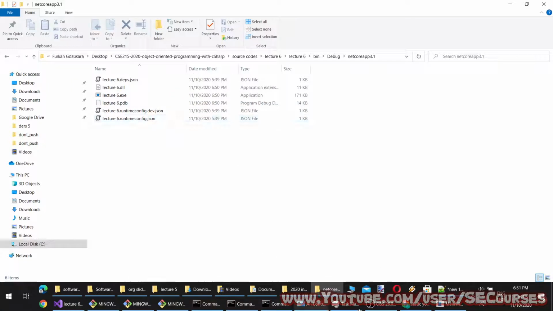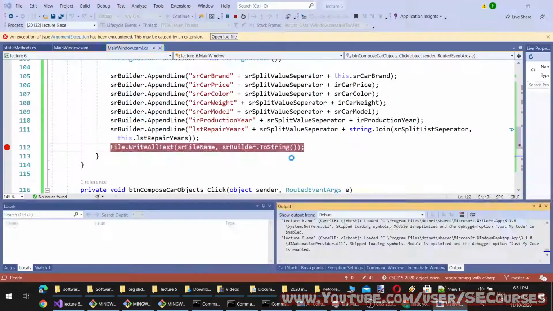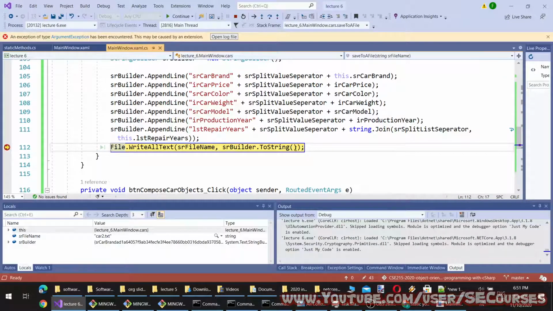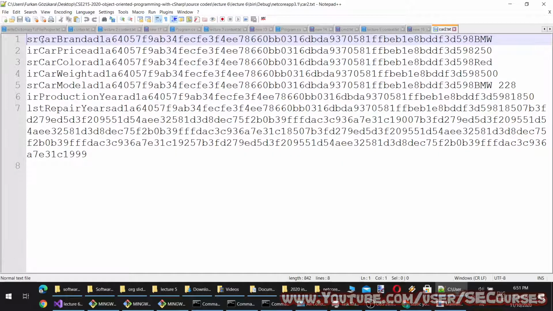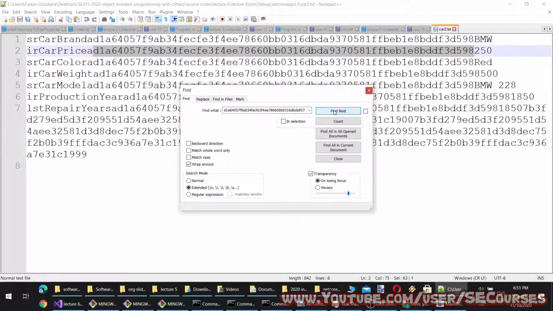Okay, currently it is not there, and when I execute this line of code with step over, we will see the generated file. When we open it, you see sr carbrand and then the hashed key. This is the hashed key of